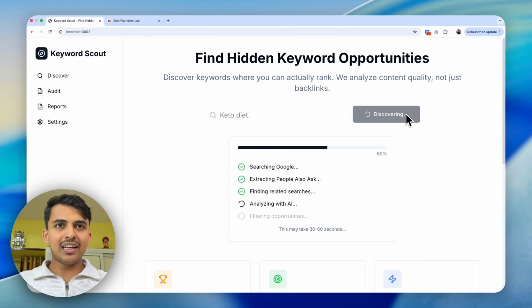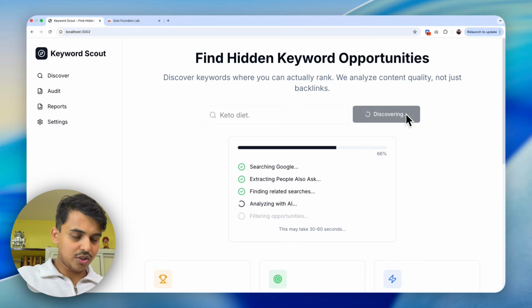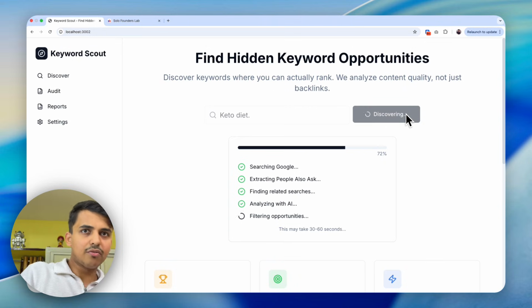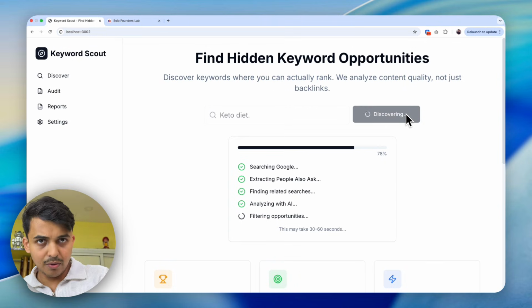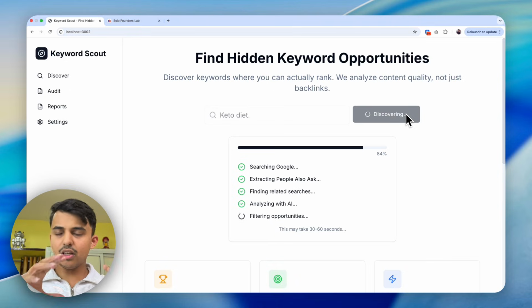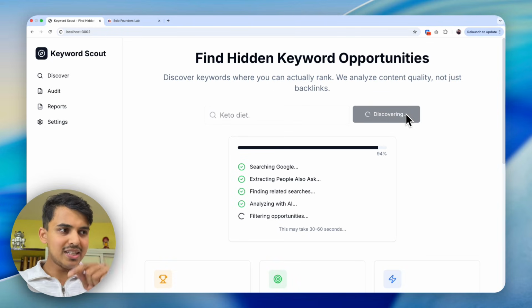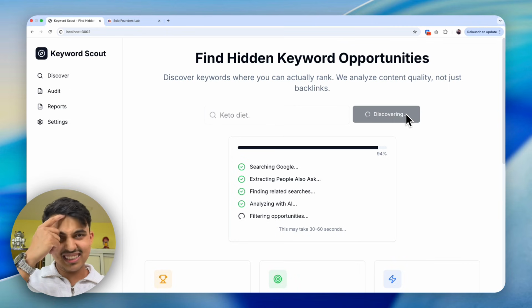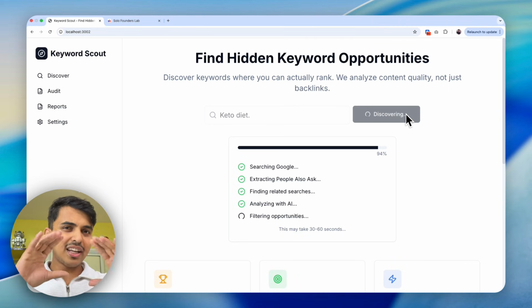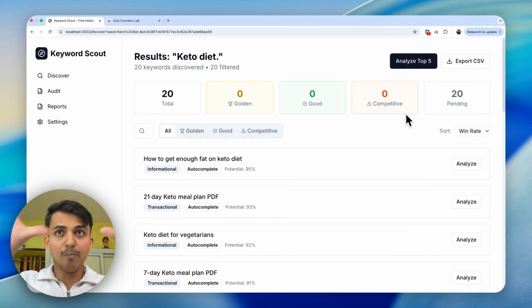Now it's going to extract from all the data sources, right? From Google, what people are searching for, or related things they are searching for and stuff like that. And it's going to give you these beautiful reports with unique opportunities that you can tap into for your business, for your product, for your services, right? And to create a content plan. This is a game changer, guys, okay? So it's going to take anywhere between 30 seconds to 60 seconds, and boom, there you go.